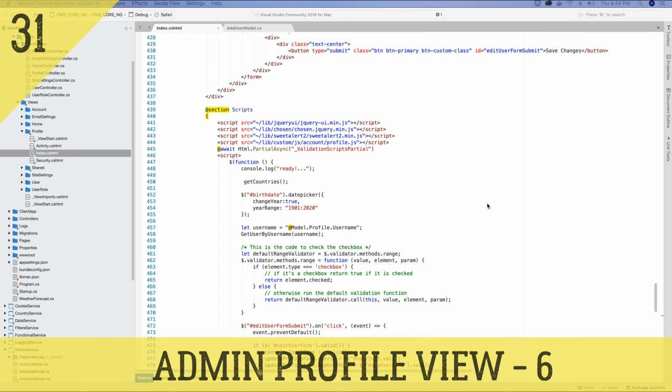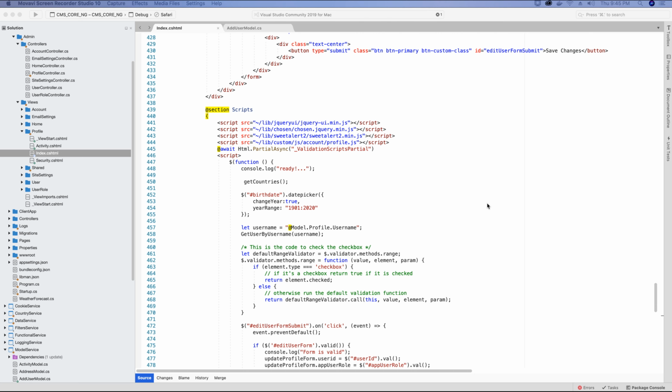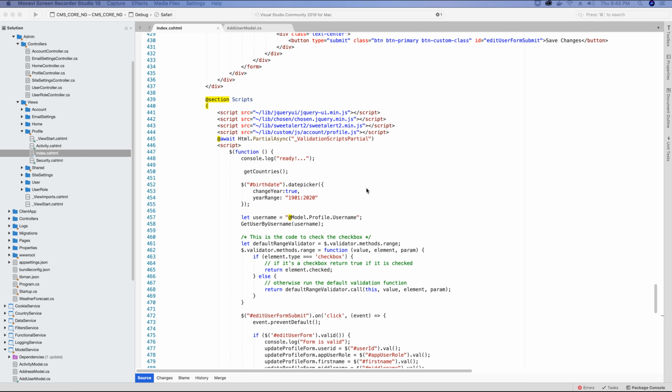I welcome you to another video tutorial where we are building this CMS application using Angular 10 and ASP.NET Core 3. In the last video tutorial, we implemented the required views to display the user's profile details, to help them change their password, and also to display the user activity related to the admin user. In this particular video tutorial, we will be focusing on creating our API endpoints and implement API versioning in our